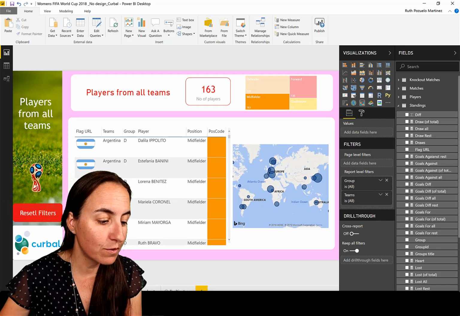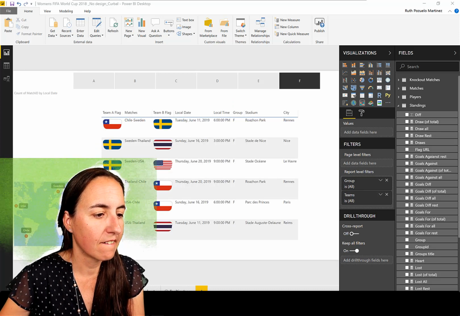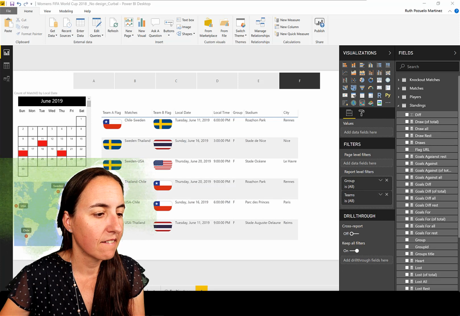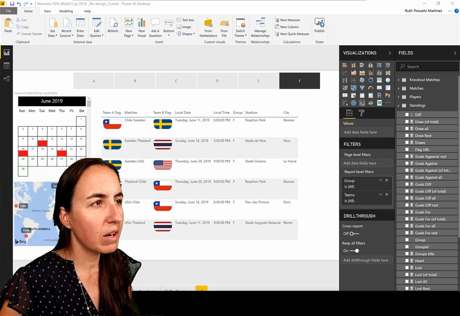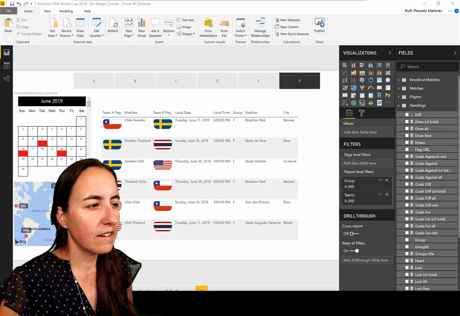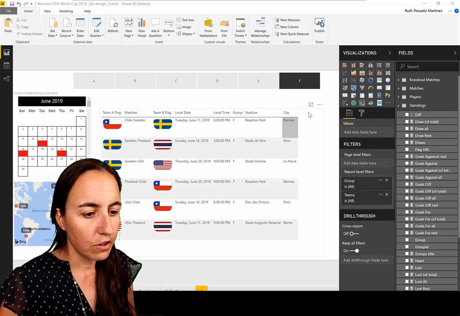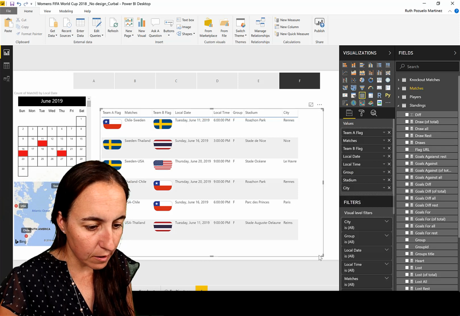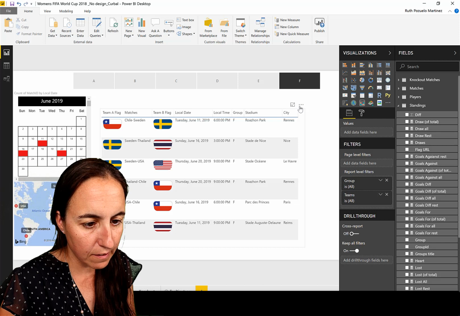So we're going to move into the matches. So here we have the calendar, the teams, where they play. And for this one, we are going to have a slightly different look, more than anything because of the content. So they get